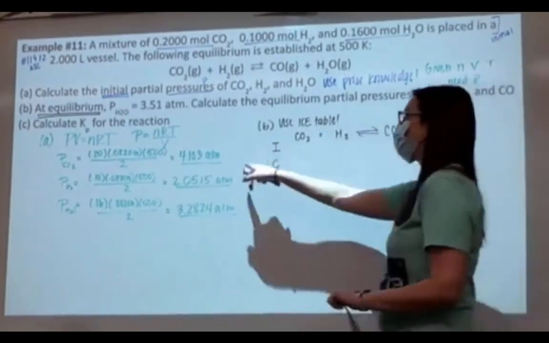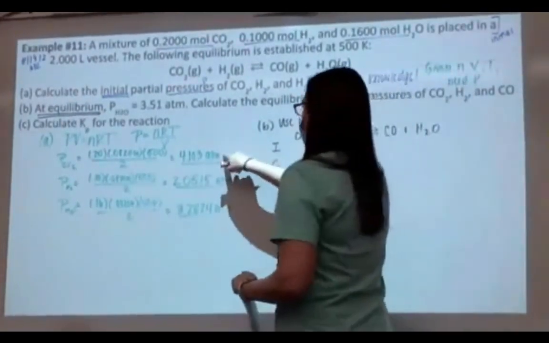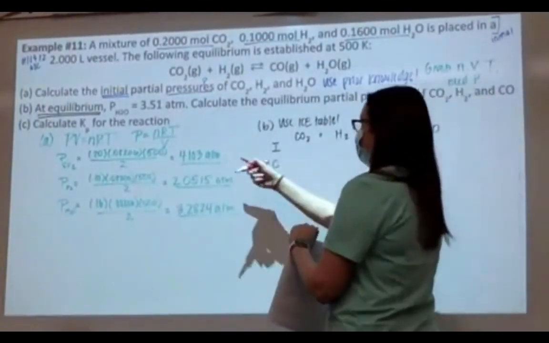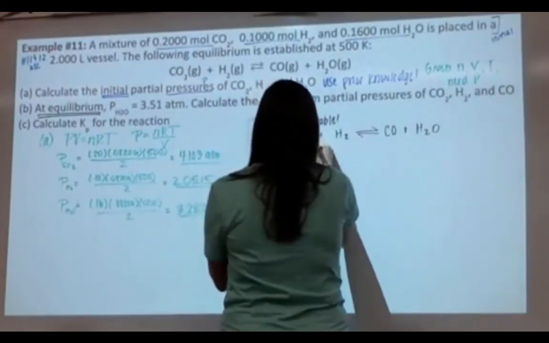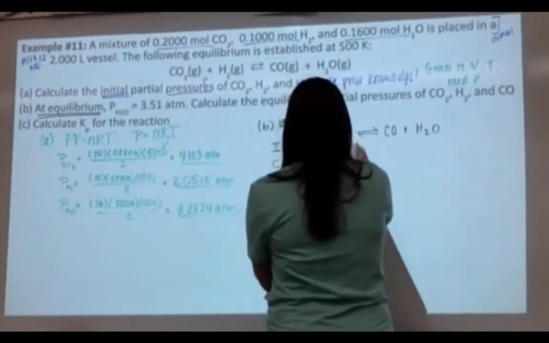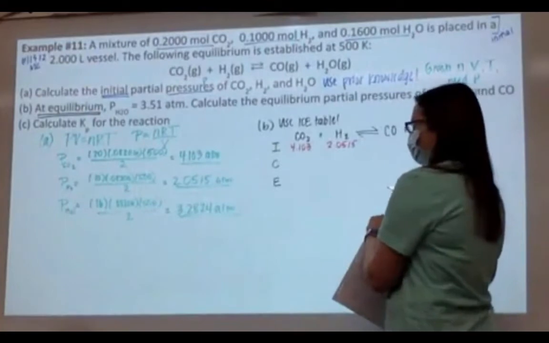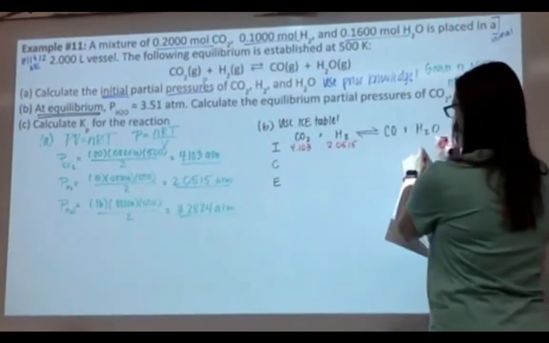Well, luckily we solved for initial pressure in ATM. So I'm going to plug in the initial pressures into the ICE table. So CO2 is 4.103 ATM. H2, 2.0515 ATM. And H2O. So H2O is over here,